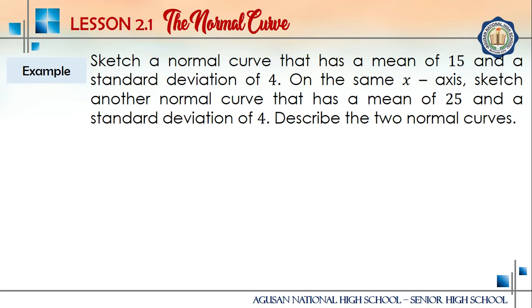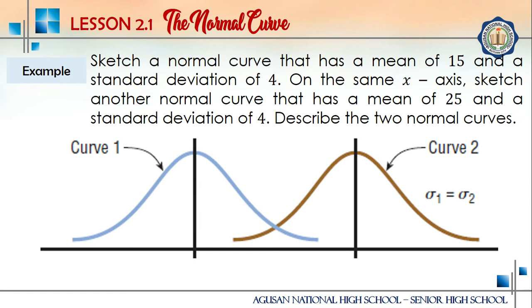Okay, first thing to do is you're going to sketch a normal curve. So we have two normal curves, and then locate the center, and this would be your mean. We have the same graph since our standard deviations are equal. The standard deviation of curve 1 is equal to the standard deviation of curve 2, which is 4. And then they have different means. The mean here is 15 and the mean in the second curve is 25. To illustrate,